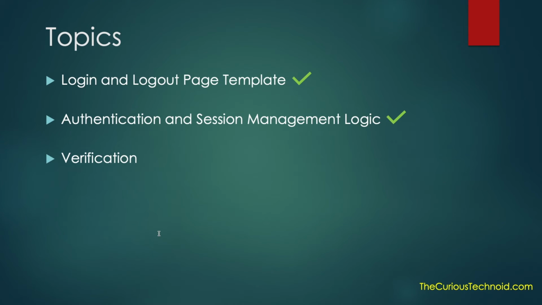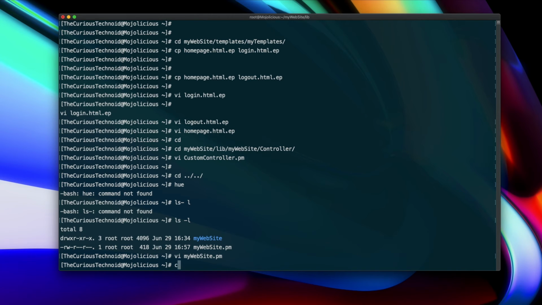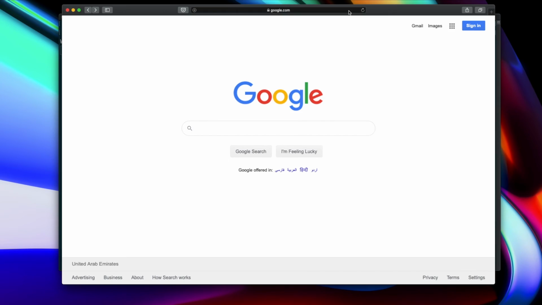I guess we now have everything required to check our changes. Let us start our web application and make sure that our web page is behaving as expected. Let me clear the screen. I'll start our web application using the Morbo web server. Let me open my browser. We have SSH tunneling enabled. So let me access the website using localhost IP.